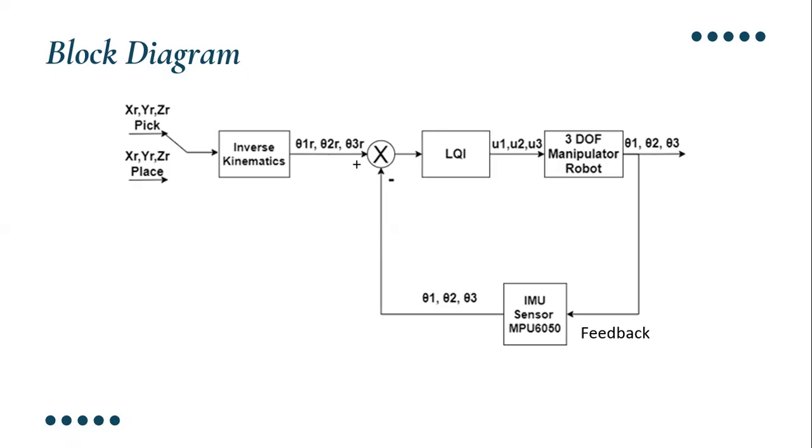After the robot arm gets the control signal, it will try to move to the reference angle. There is an angle sensor for each joint. The angle sensor will give us the actual reading of each joint, and this value will be used as a feedback signal to the reference signal. The two values will continue to be compared until the error between them is zero.